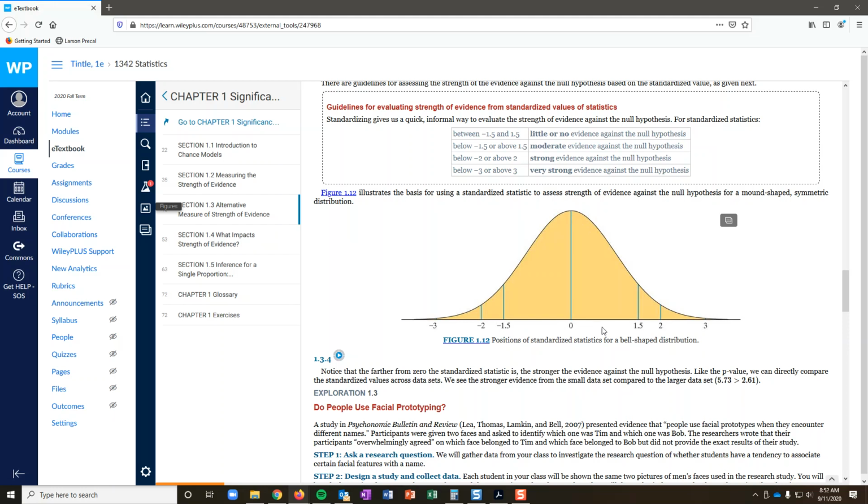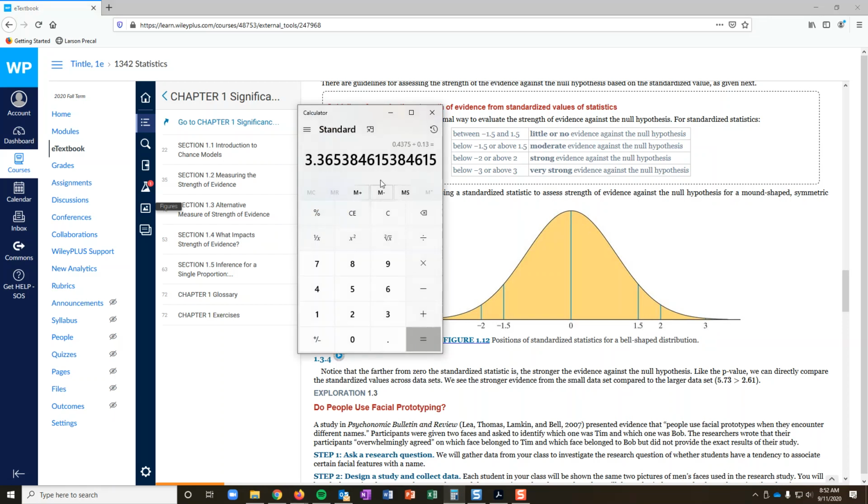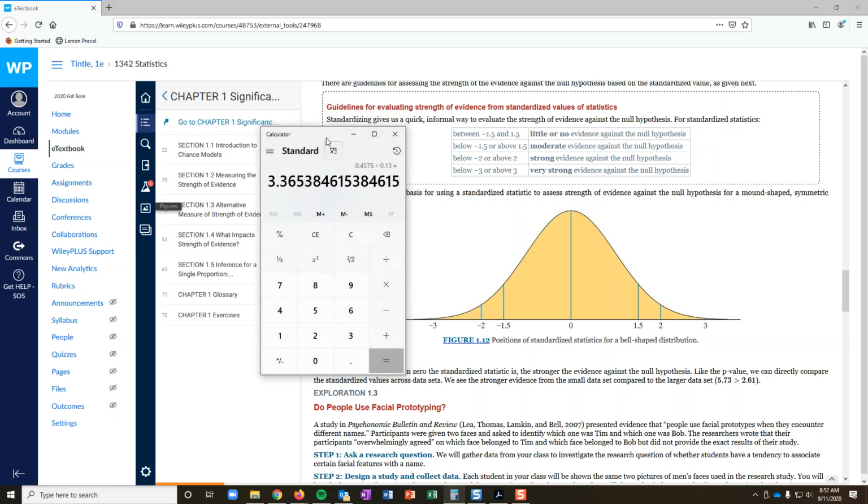And as I get farther away from the middle, these values are standing for the number of standard deviations away from the middle that I am. We calculated Buzz's standardized statistic to be 3.4,